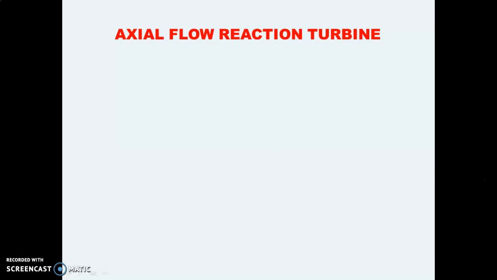Good morning, students. In lecture number 2, we saw the impulse turbine, that is the Pelton wheel turbine, which used only the kinetic energy of the flowing water. In the last lecture, the third lecture, we saw the first example of reaction turbine, which was the Francis turbine. Now, Francis turbine was a mixed type of turbine. It used reaction force as well as impulse force, that is, it utilized both kinetic energy and pressure energy.